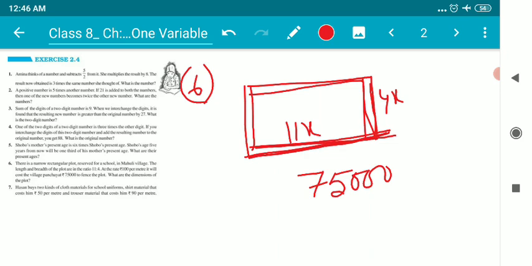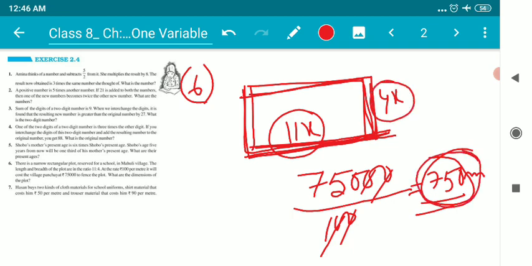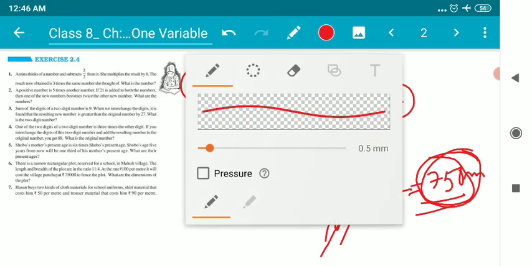So then what is the perimeter, children? What is the length of the boundary? We can simply calculate from here. If I divide it by 100, if I just cancel 0 and 0, how much will I get? I'll get 750. Yes or no? Yes, 750. So 750 meter is the length of the boundary. Children, what are the elements we have got in our hand right now? We have got the length, we have got the breadth, we have got the perimeter. Now the next job is, using the formula, we can simply calculate the value of x from here. How? Let us calculate.